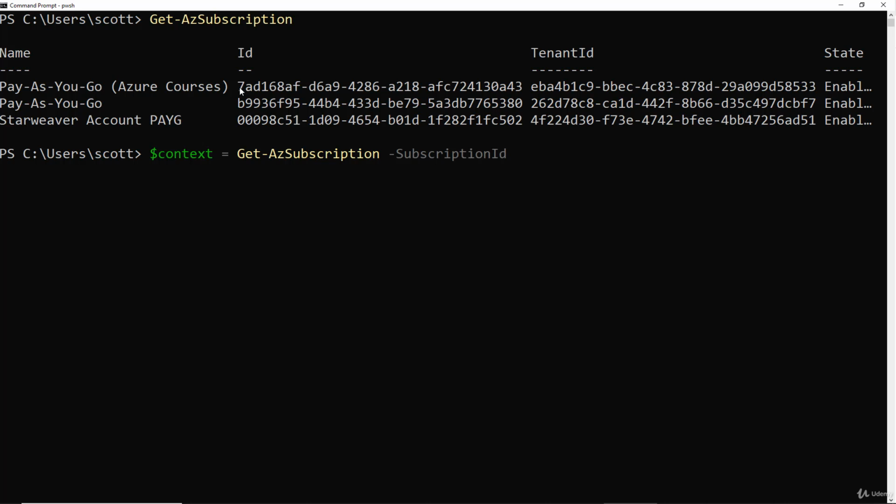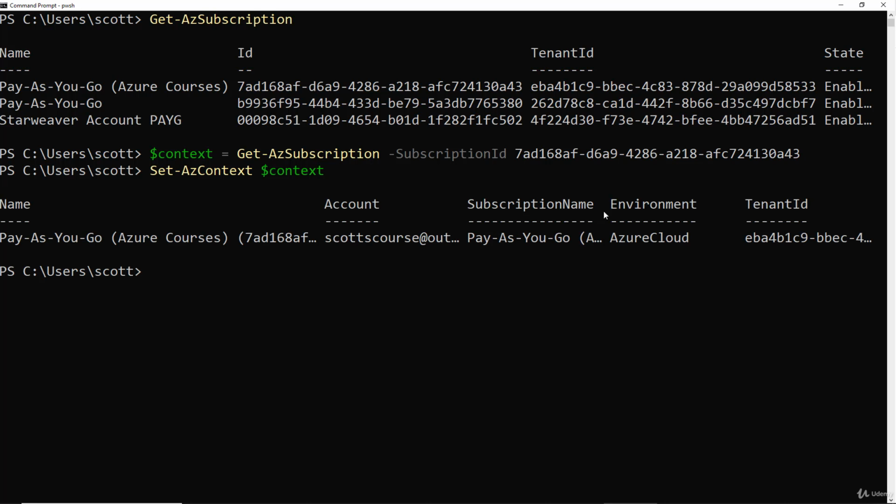Now we're going to grab the ID from one of these subscriptions. I'm going to grab my primary one and paste it here. And that's going to get the context of the subscription and set this variable with it. Now we want to set AZ context to our context. By doing that, we're basically saying this is the subscription we're going to be using to create resources in this